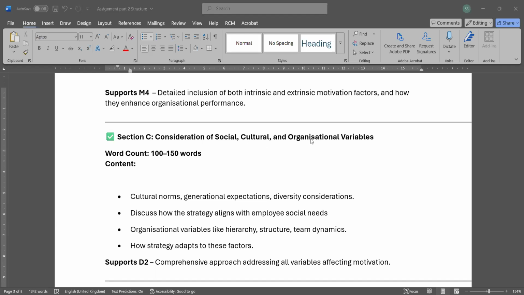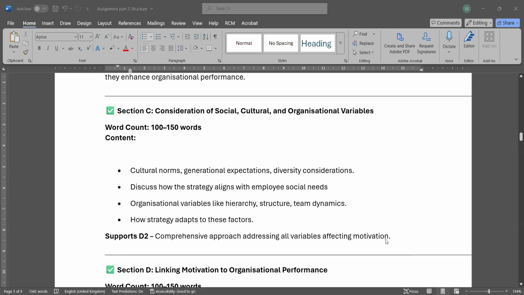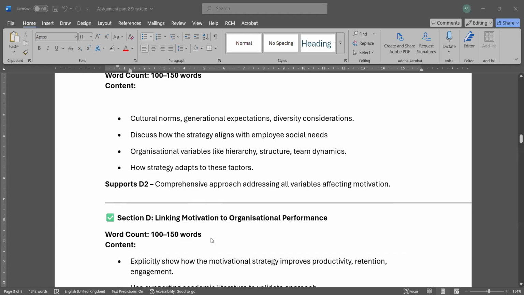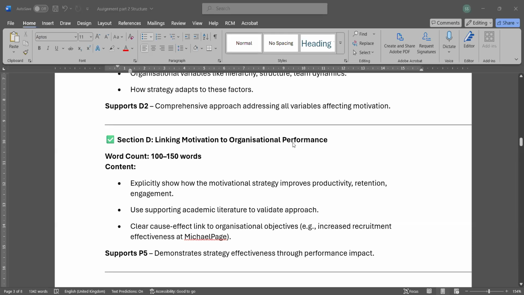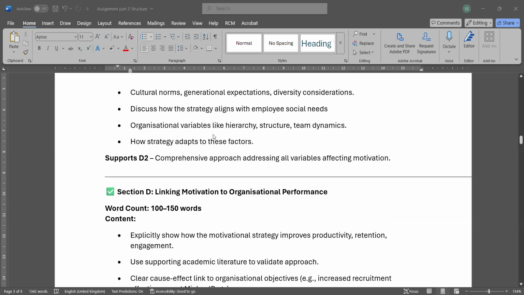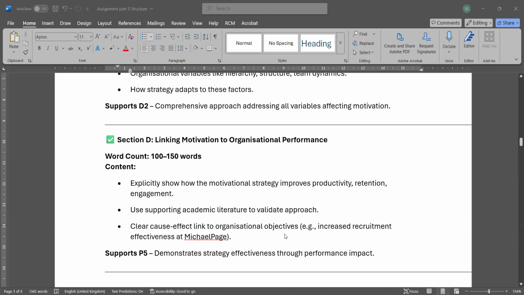Then for organization variables, you are considering what kind of organization, leadership or management style is more suitable. Then you are considering the team environment where people can socialize. So when you include all these things, it means you are designing a comprehensive strategy. Of course, you will be linking it with organization performance, because all these elements definitely lead to organization performance.